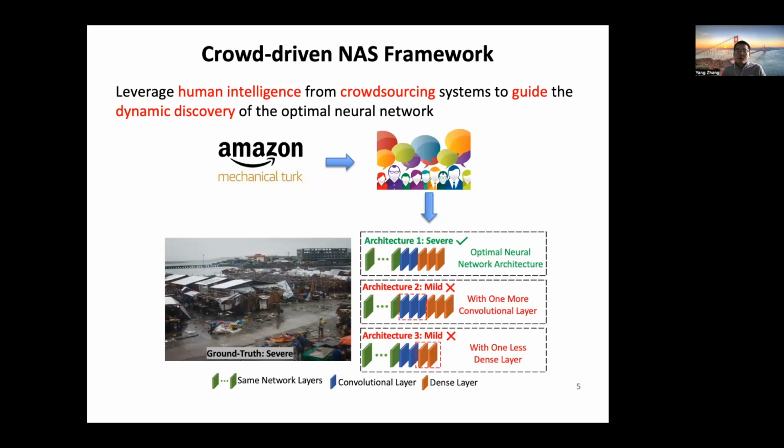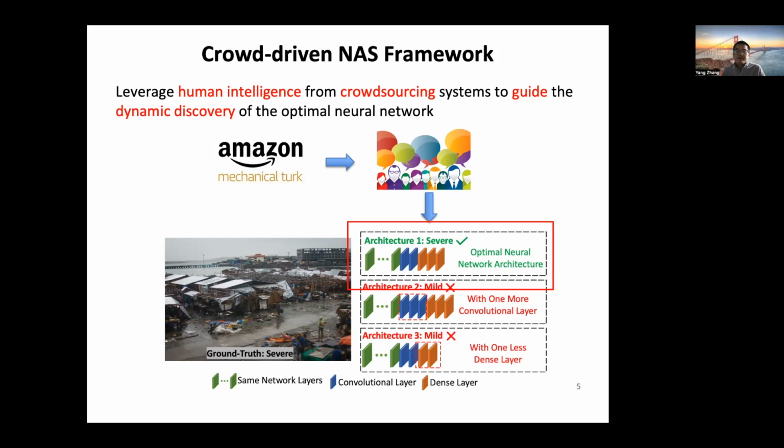In particular, we observe that human perception is often more reliable and consistent than AI algorithms in terms of identifying the disaster damage severity of affected areas from the image. Such human intelligence could greatly help us to infer the probability that a given neural architecture makes the correct DDA estimation and discover the optimal one that generates the best DDA results.